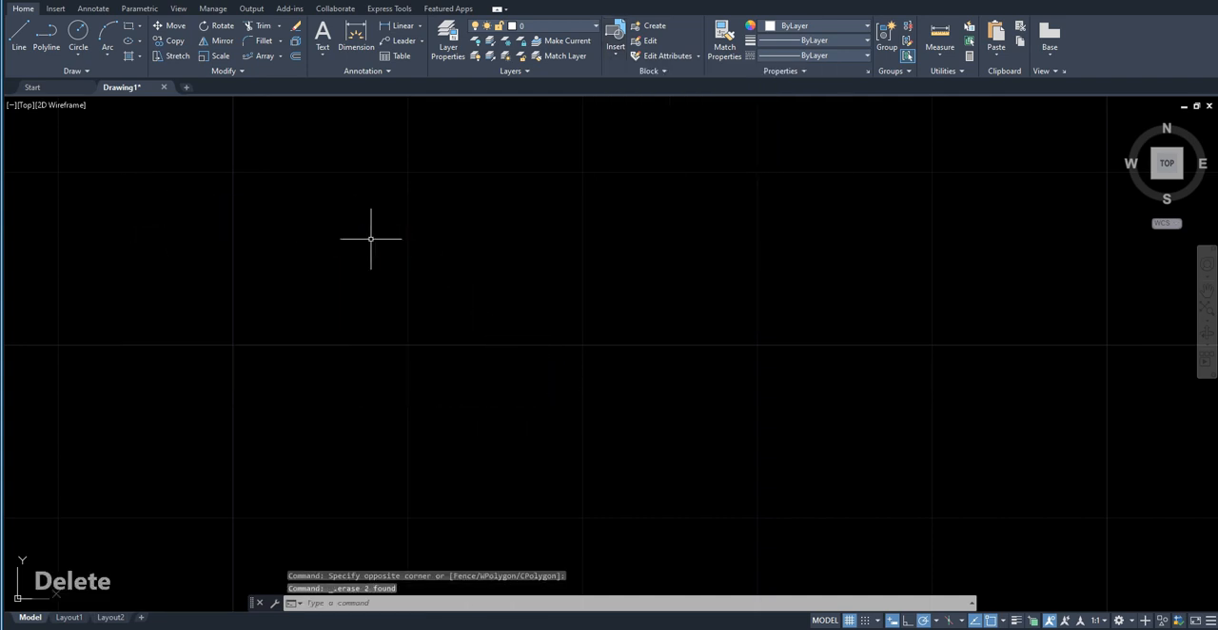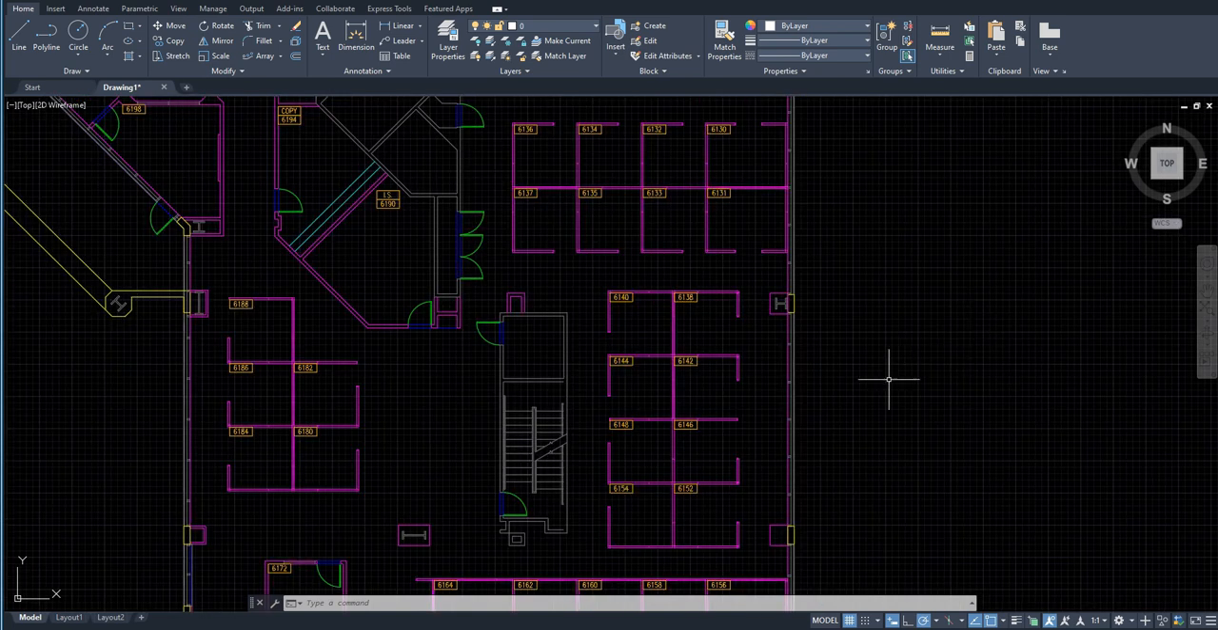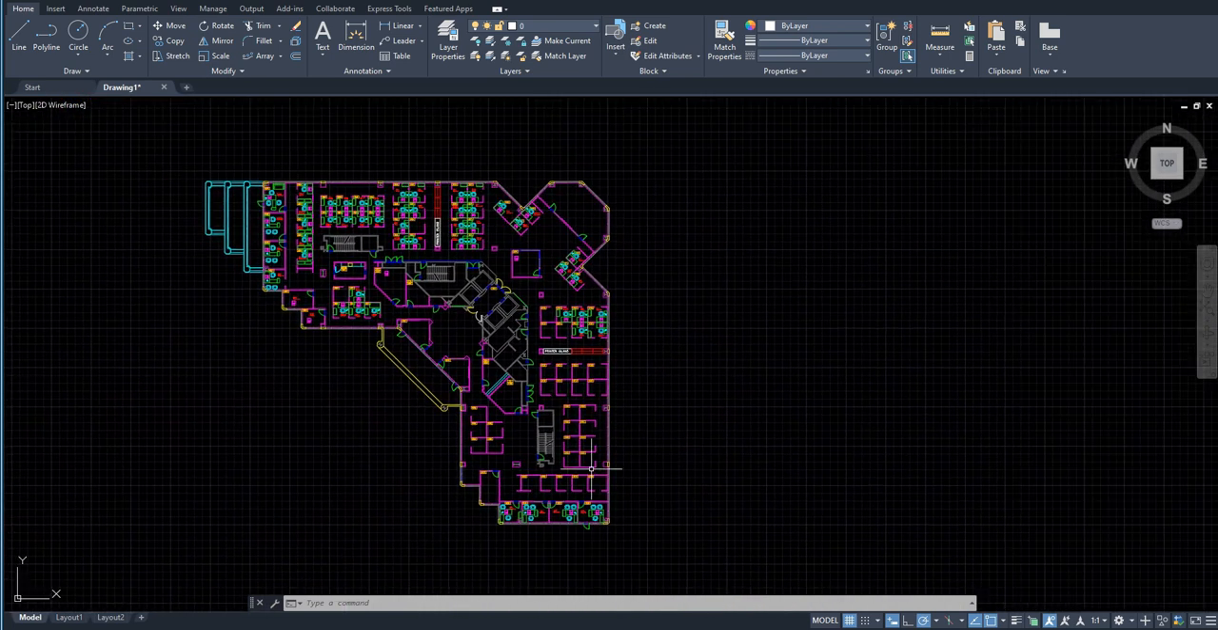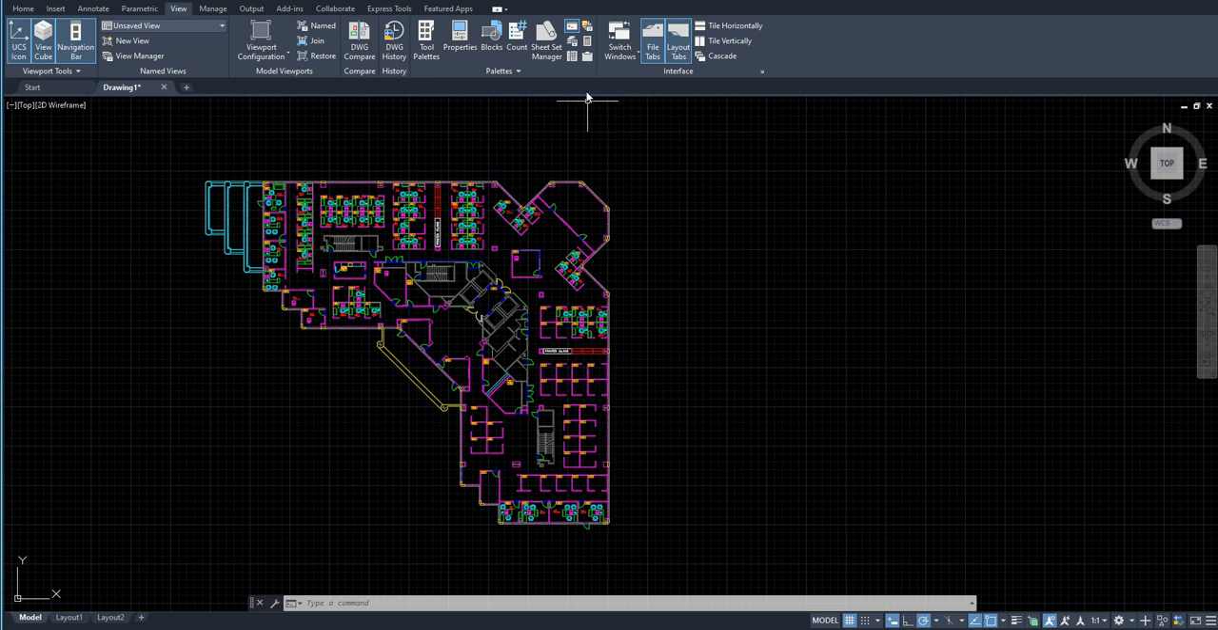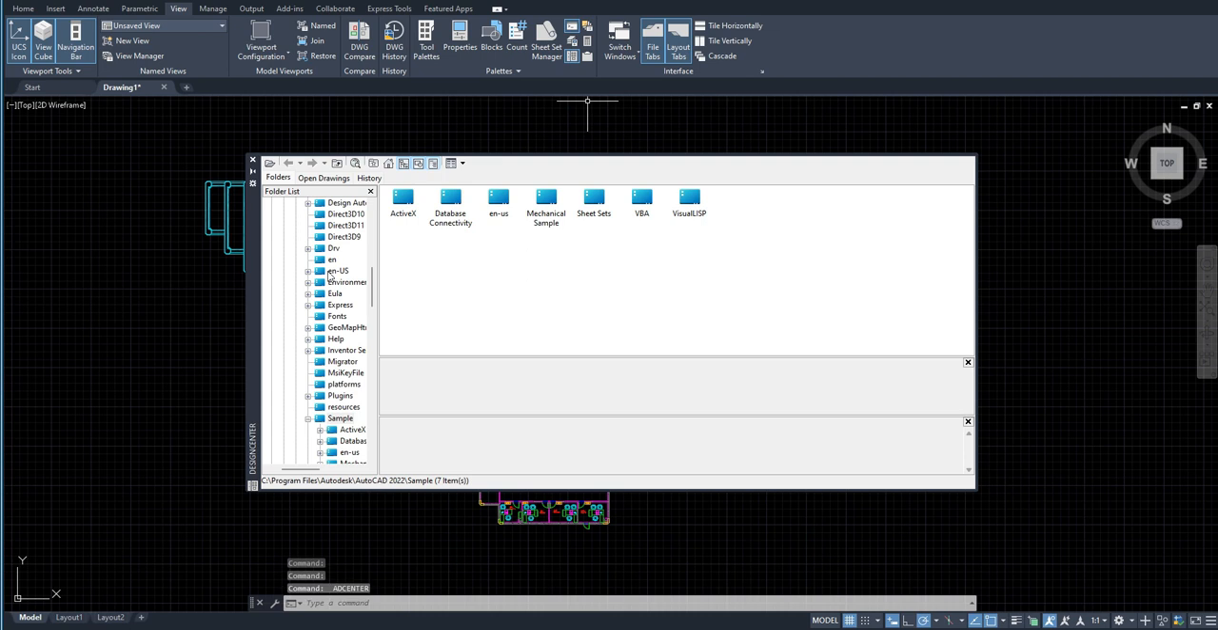Now I'm going to be teaching you how to insert a block from basically another drawing. For example, if you want to insert a block that is in a different drawing file, how do you do that? For that, I'm just going to have to go to view over here, and over here you can see we have a certain design center. You can click this and